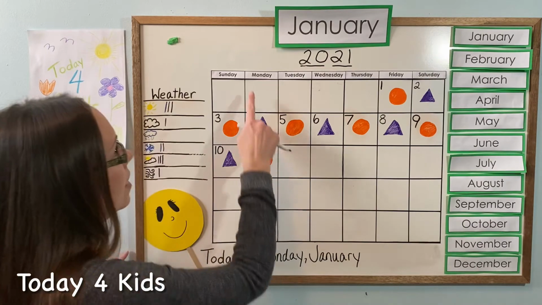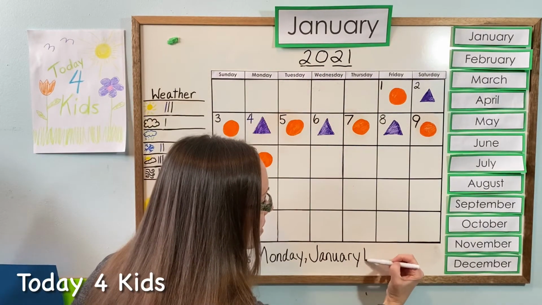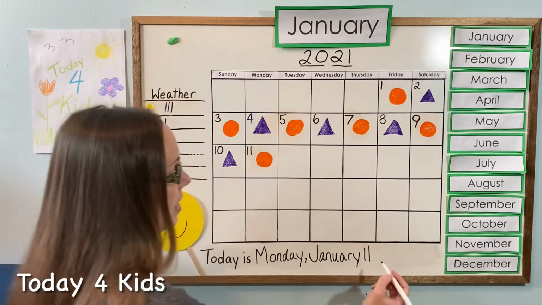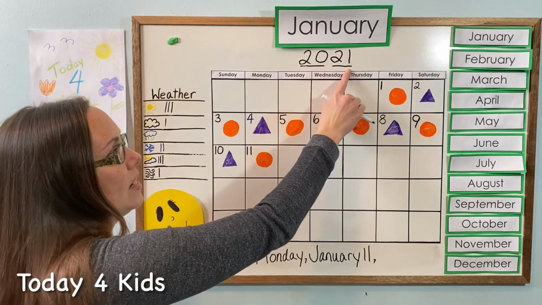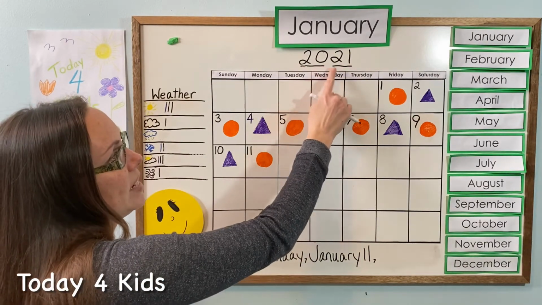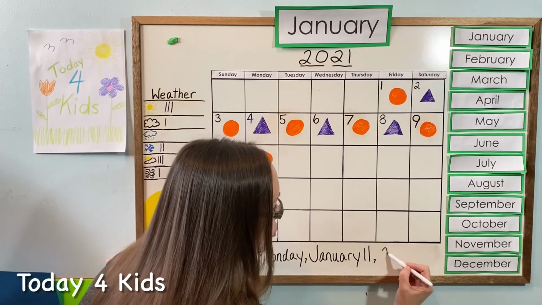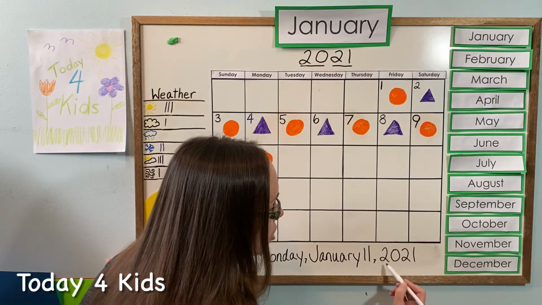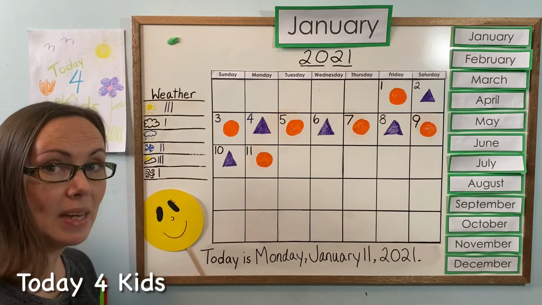J-A-N-U-A-R-Y. Monday, January 11th. 1 and 1 make an 11. And then I'm going to put a comma. And then our year is 2021, or you can say 2021, however you like to say it. So I'm going to put a 2, 0, 2, 1. 2021, and then I'm going to put a period here because that is the end of my sentence, and that